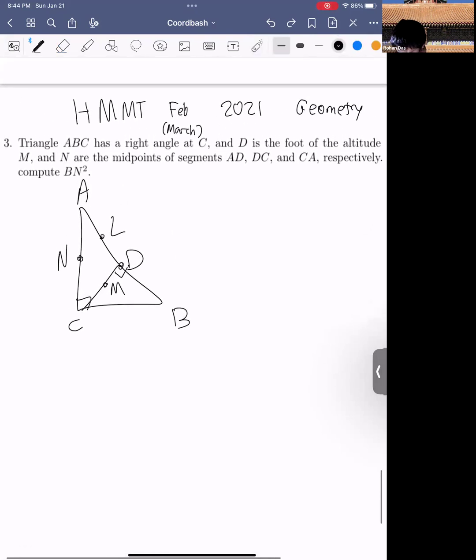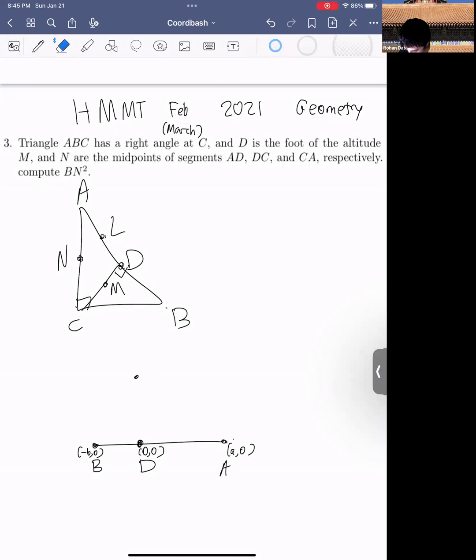Here, the points we are working with are A, L, D, B, M, C, and N. Of these, everything but N is on either AB or CD, and these are perpendicular. So then we set D as the origin. Let's say B is negative B0, A is A0, and then it's possible to compute, basically by computing the slope of BC and the slope of AC, that C is the